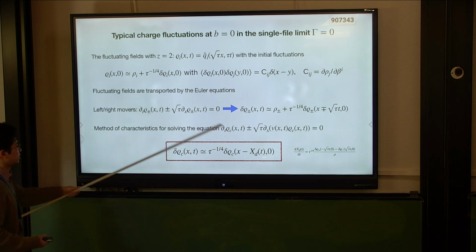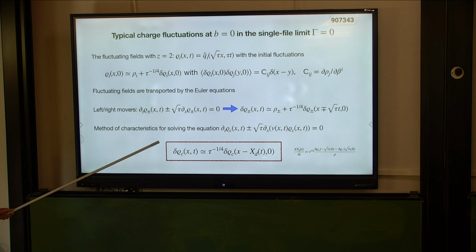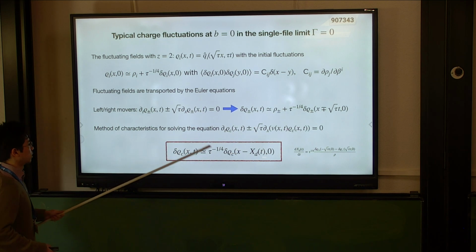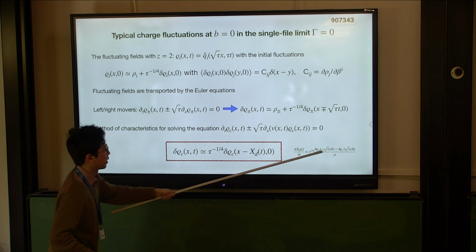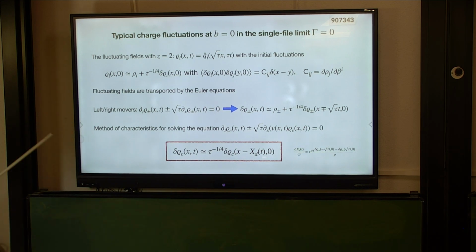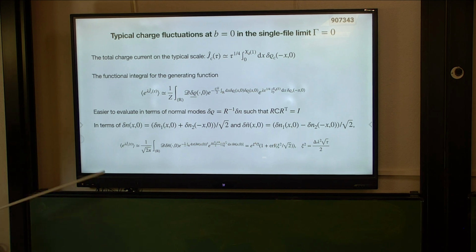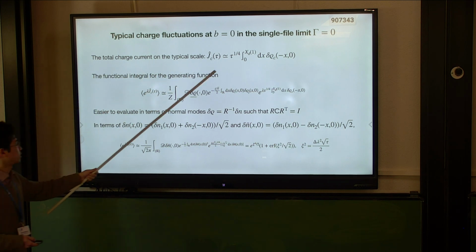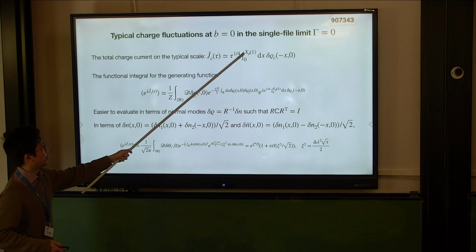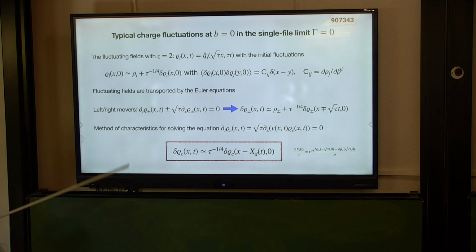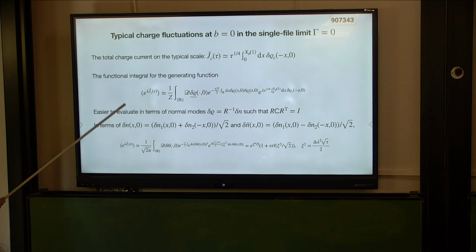Okay, so this is the approximate solution, which of course becomes accurate at large tau, and this is the solution of this equation, where this characteristic line is given in this way. So this is the solution of delta rho at x and t. Now you have to put that in the path integral again. Before that, the total time integrated charge current, on the typical scale, is given in this way, using this expression. So with that, you can write down the functional integral for the generating function again like this,